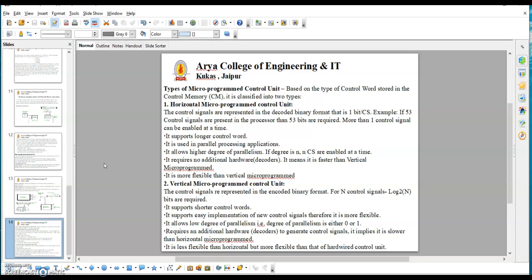If we talk about the second type, the vertical microprogram control unit, the control signals are represented in the encoded binary format. For N control signals, log2 N bits are required. It can support only short control words. It supports easy implementation of new control signals, so it is more flexible. If we talk about the degree of parallelism, it is either 0